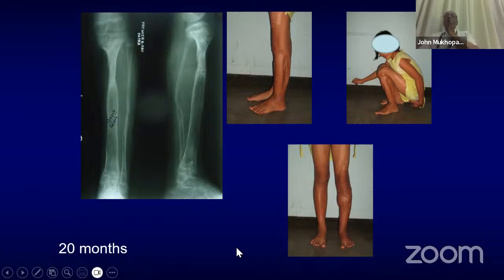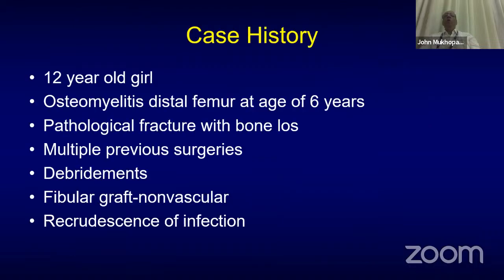So this is a relatively simple case of a bone transport where you had infection, pathological fracture, bone gap, and then we tried a fibula graft with the plate, and that failed. And then we had to resort to the Ilizarov to do a bone transport and get healing of both the infection and the fracture. So that is the first case. And then we have a slightly more complicated case.